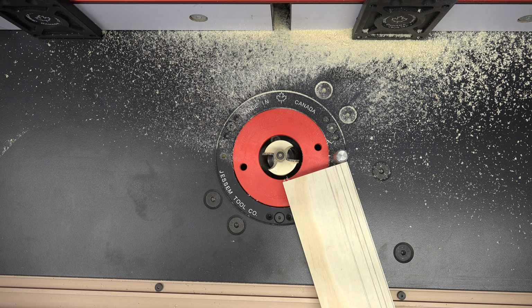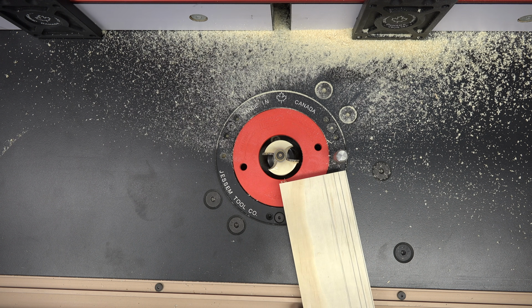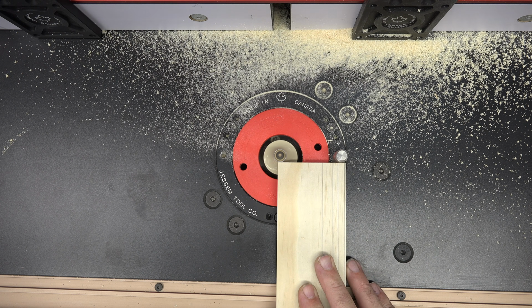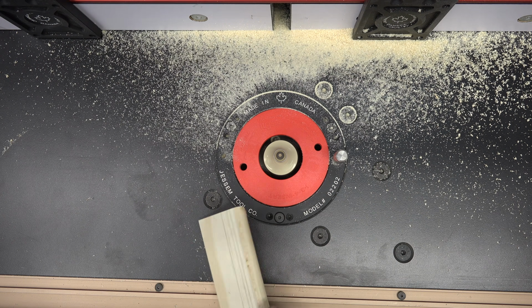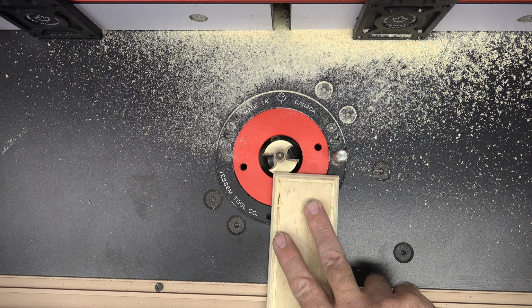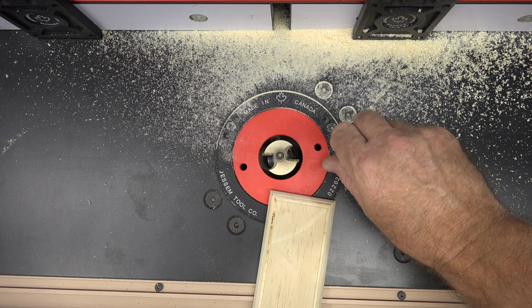Let's try the end grain here and I'll show you how that's going to work. Same process, guys. It's all a matter of pivoting from our starter pin. And even on a short piece like this, bringing it into the router is 100% safe because of the starter